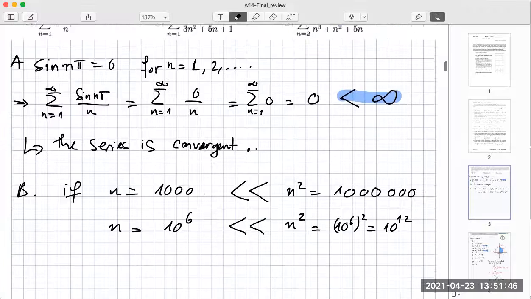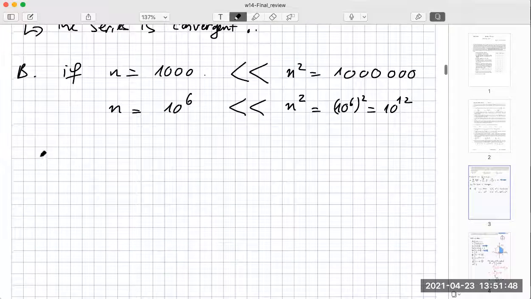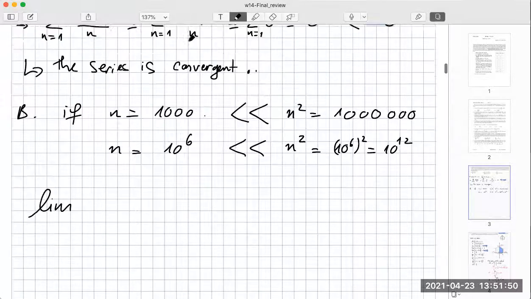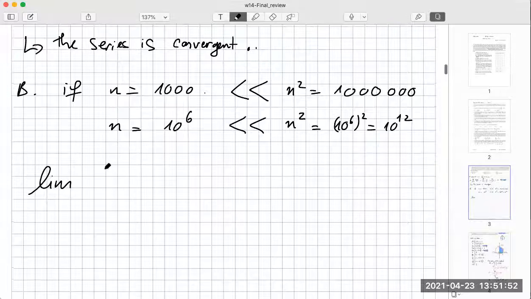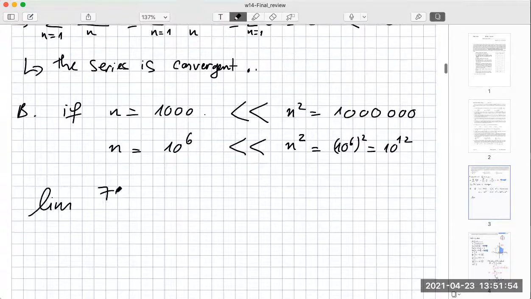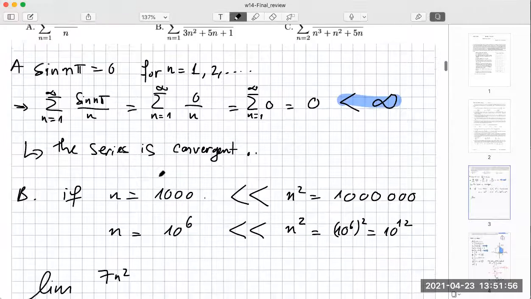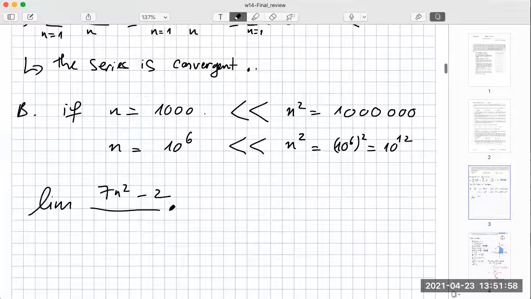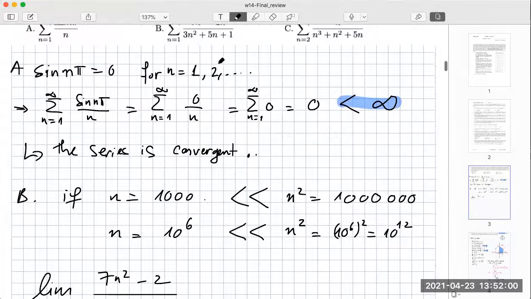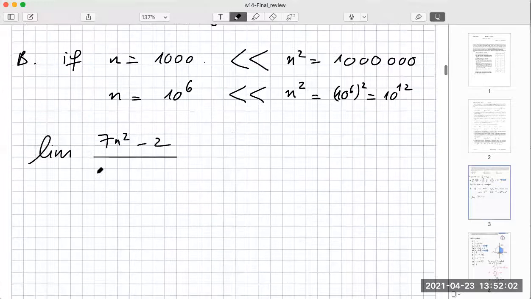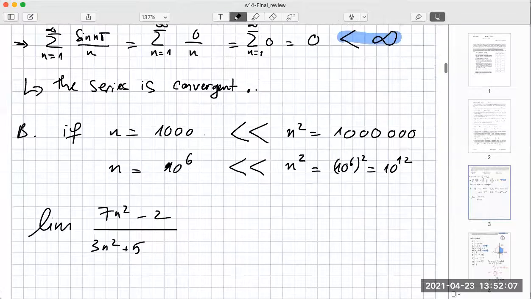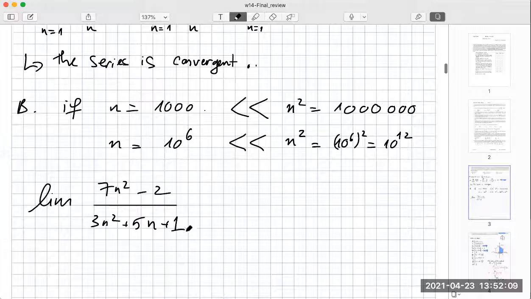That is why when we take the limit of the sequence 7n squared minus 2 divided by 3n squared plus 5n plus 1,